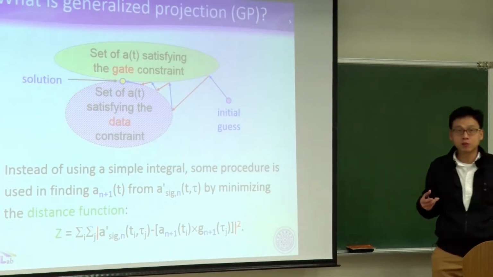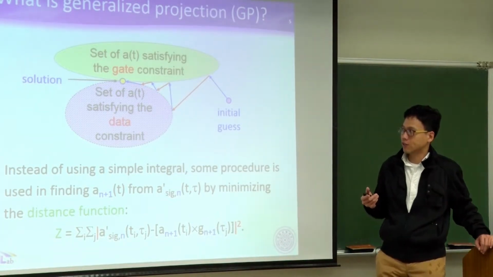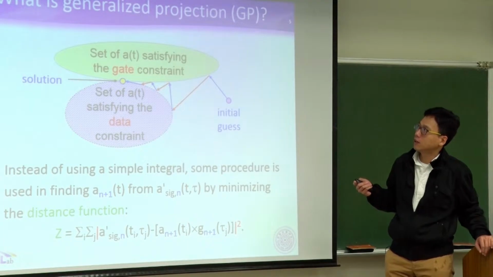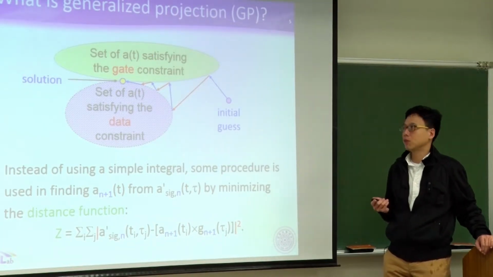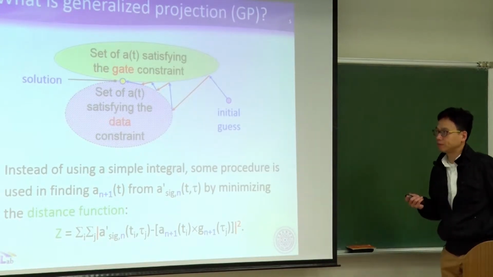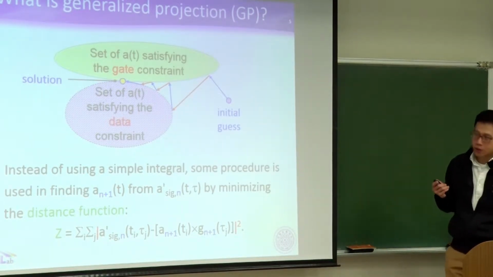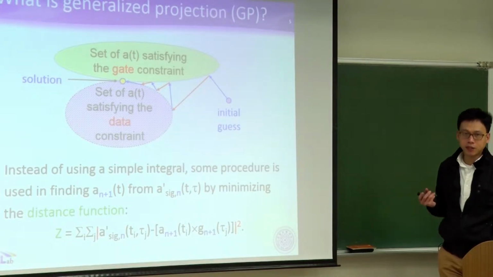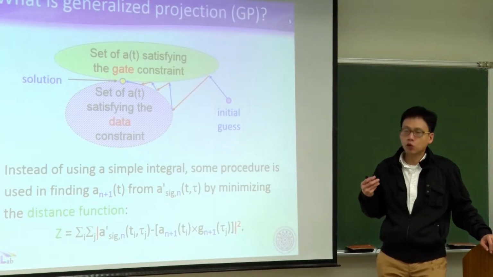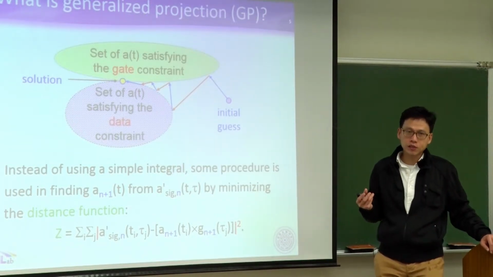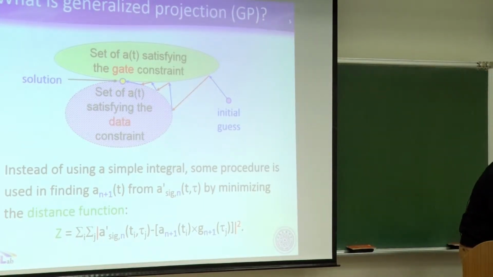Including the iterative Fourier transform algorithm we introduced in the lecture slides, it takes advantage of the concept of generalized projection. But the only difference is how to update the new electric field from the previous gated signal. If you look at the flow chart,